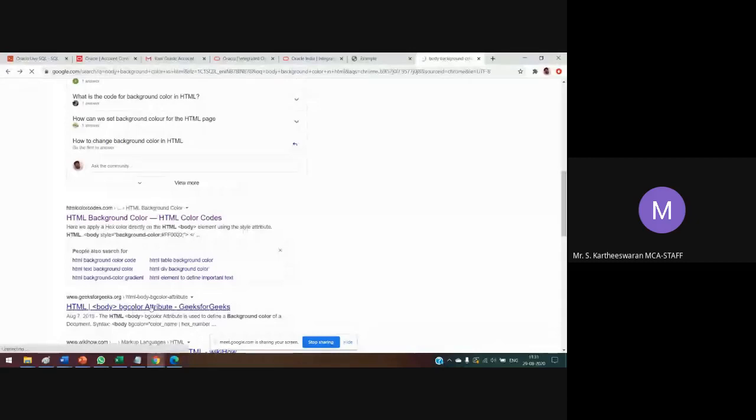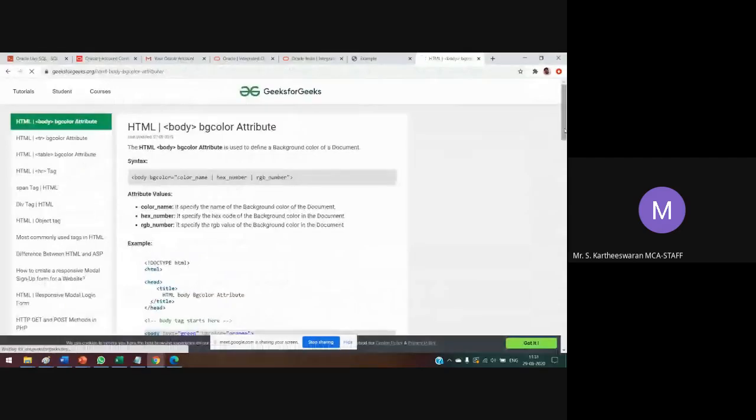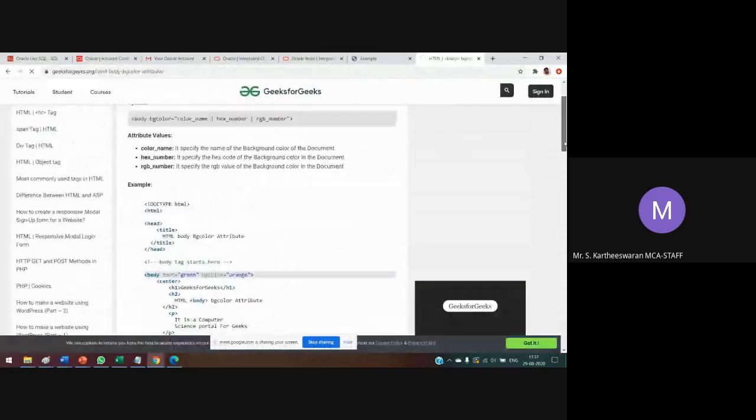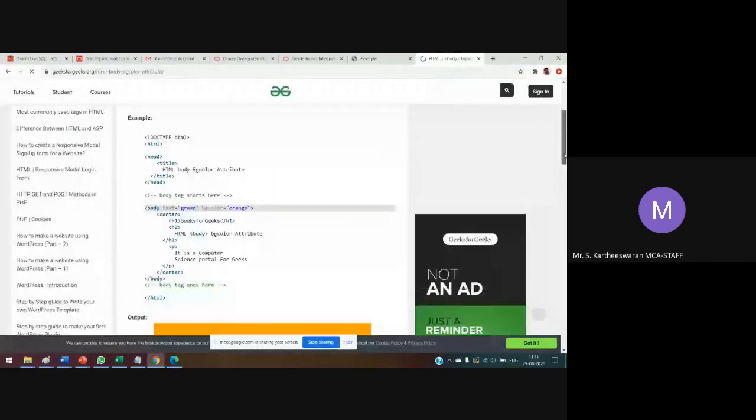Based upon the process, they have to write the BG color as well as background color and use some of the codes here. Here body text is equal to green, BG color is equal to orange.